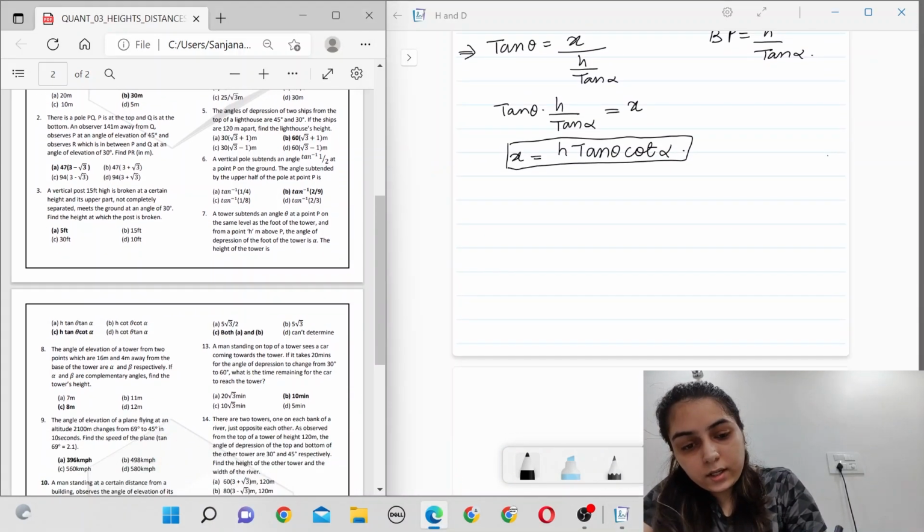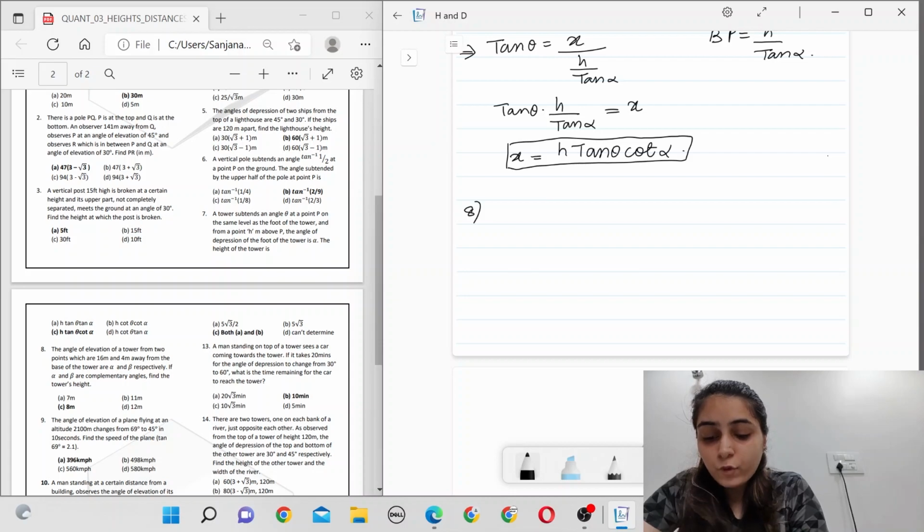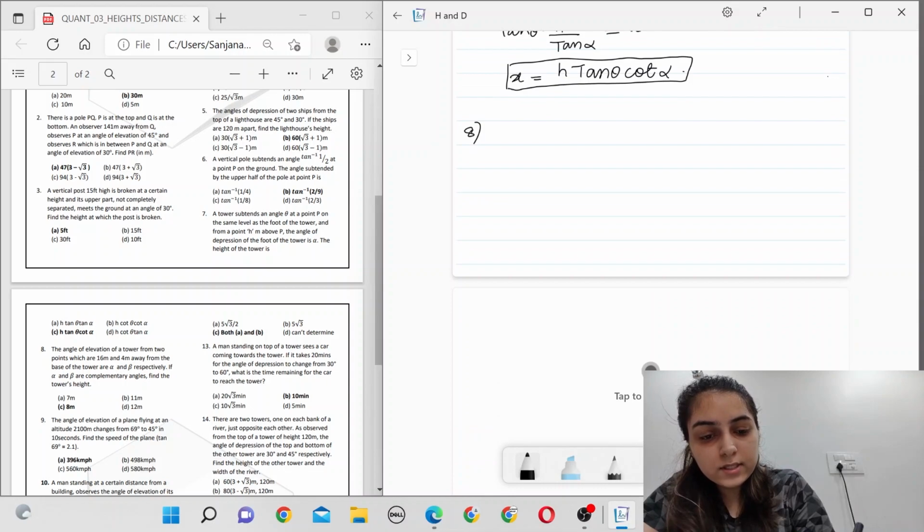Moving on to the 8th question. The angle of elevation of a tower from 2 points which are 16 and 4 meter away from the base of the tower are alpha and beta respectively. If alpha and beta are complementary, then find the tower's height. So here they have given us that